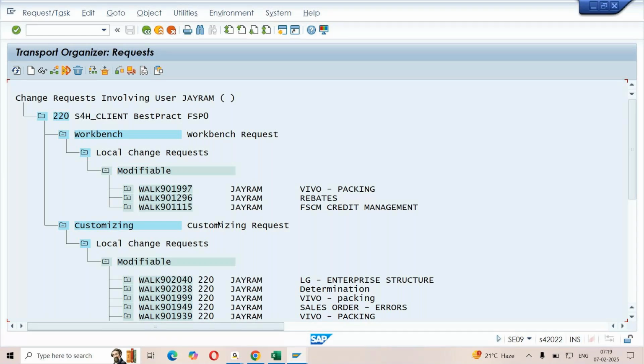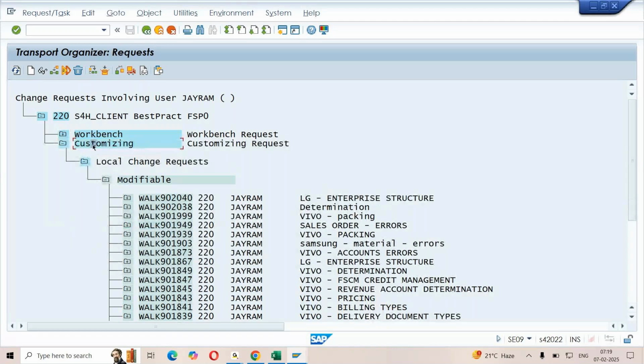By functional, when we have some activities, we try to do that as well. So ABAP will be using customizing requests as well as workbench requests. So here you can see workbench request, customizing request. This is the request number, client ID, user, description. If you try to expand it, this is what we call the main task. If you expand it, we get a subtask.